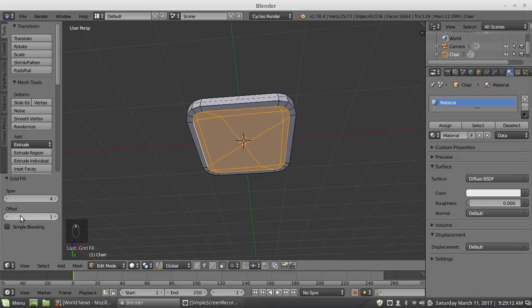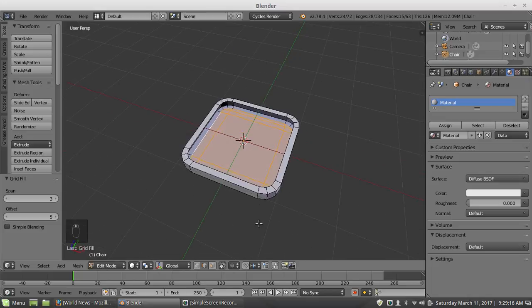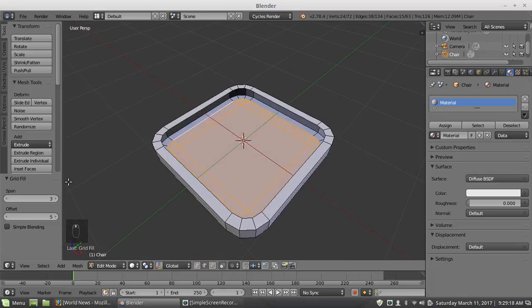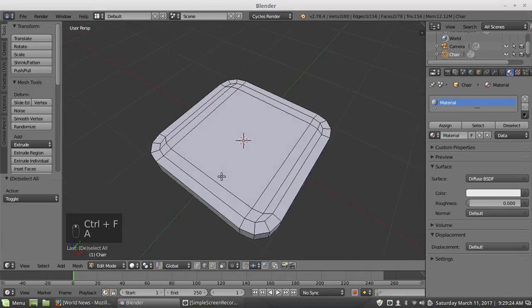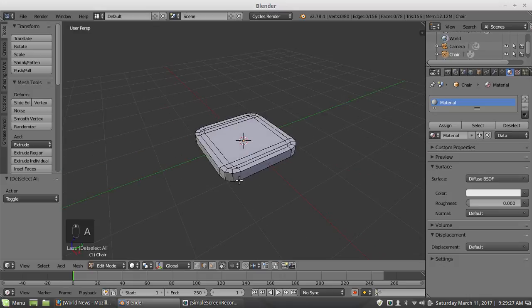And offset, change the span, there we go. That looks good, and usually once you have settings in your grid fill, it remembers them, so if I hit Control F, G, you see the next time around it does it just right. So that's the bottom of the chair,